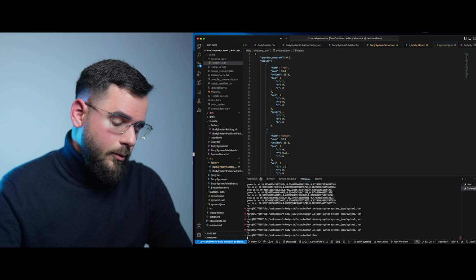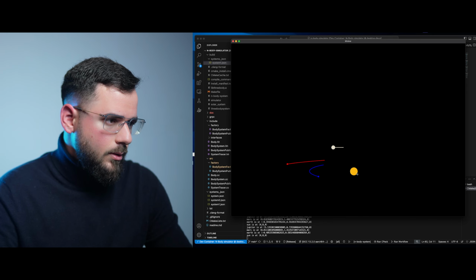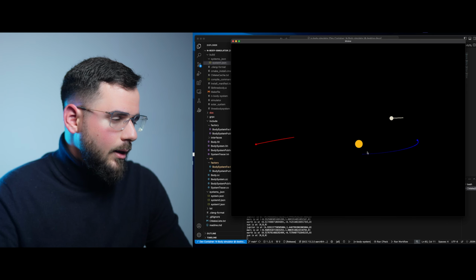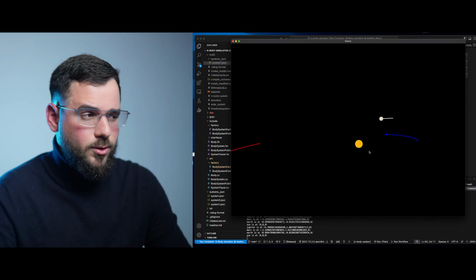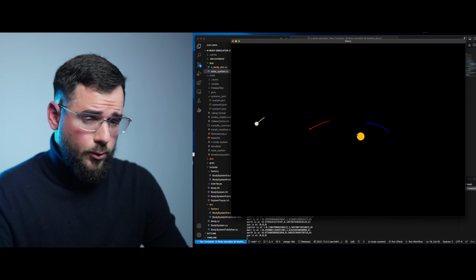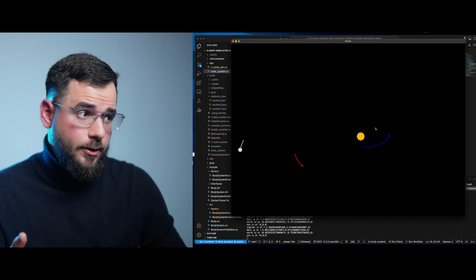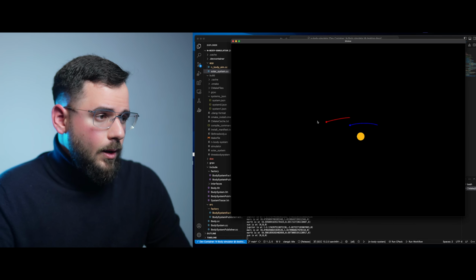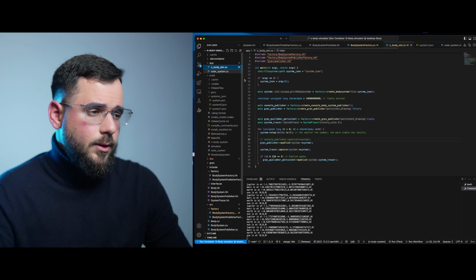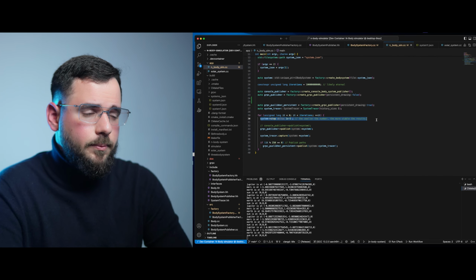We can, of course, simulate our solar system. So this is a small part of the solar system. This is Earth, this is Jupiter, this is Mars. Of course, the simulation is faster than real life, so it is not taking a year for the Earth to go around the sun. One final thing I wanted to note is this system step, delta: